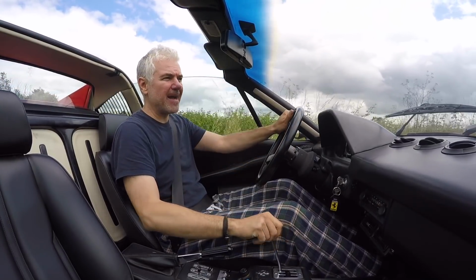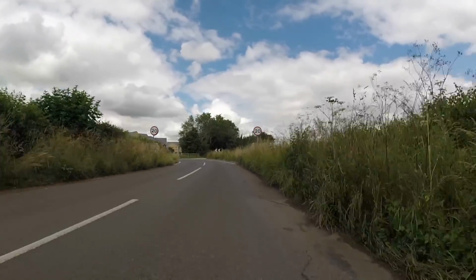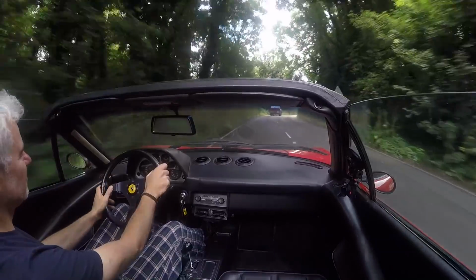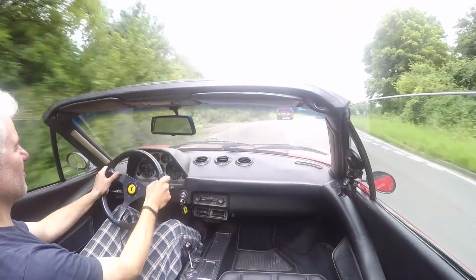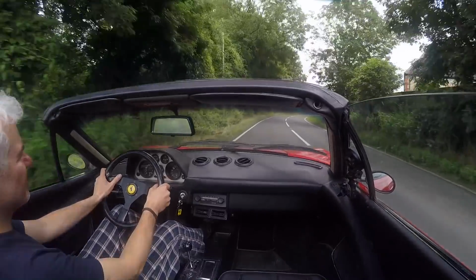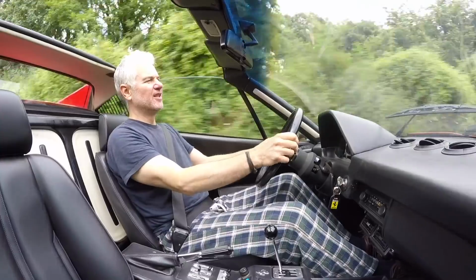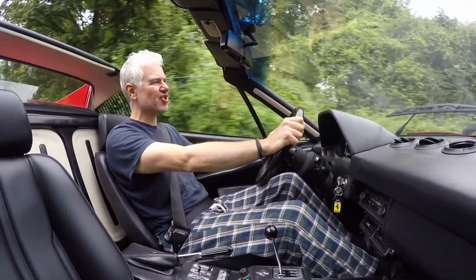I've put a camera on the back as well so that we can hear the engine note, and hopefully it'll be quite obvious when things aren't going right. And there you can hear it missing slightly as well. Right hander here. There you go. Ooh. So that was a constant throttle as well. I wasn't accelerating, I was literally just